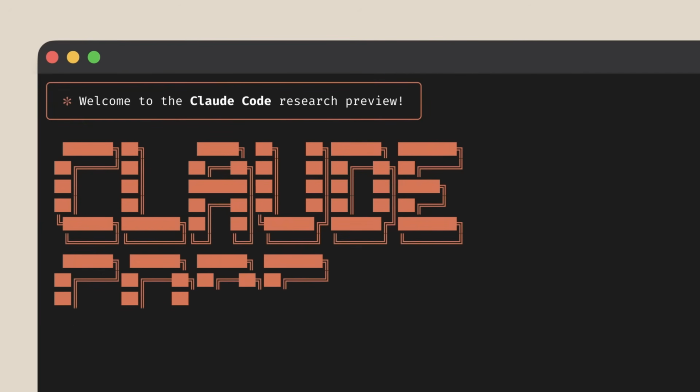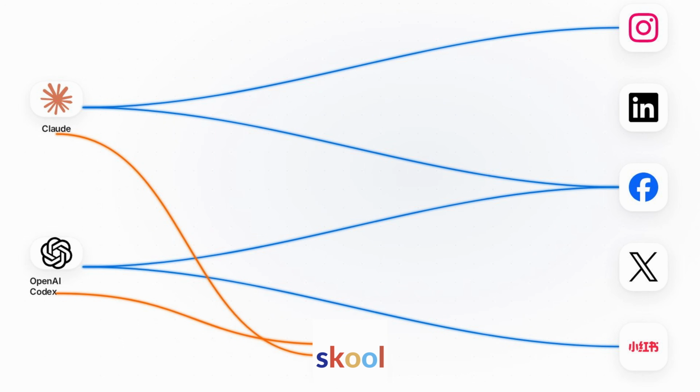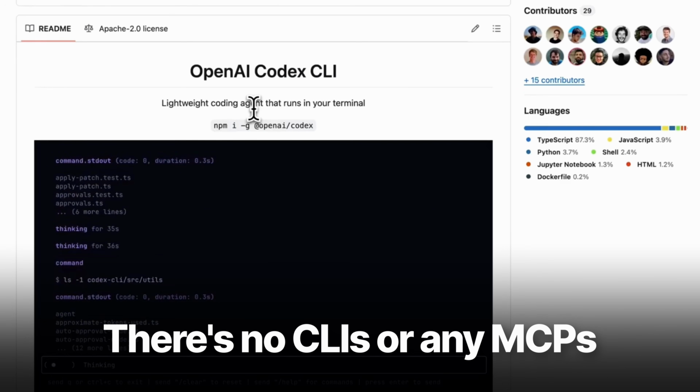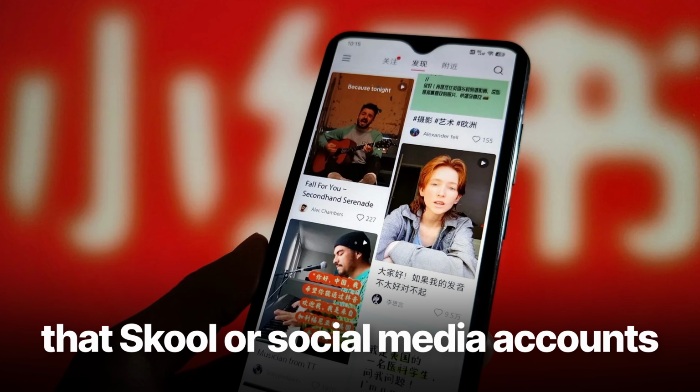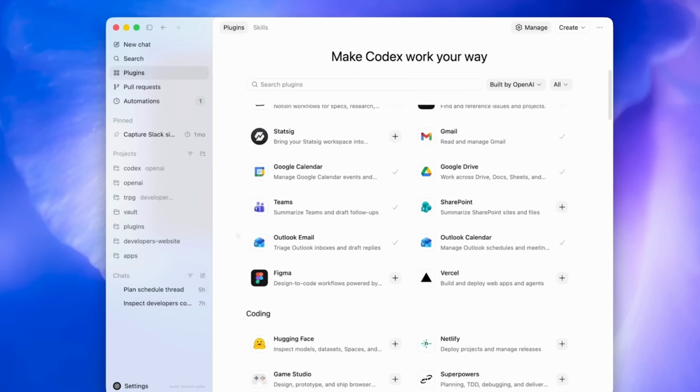Imagine if we can give Claude Code or Codex the ability to take over our social media accounts to network on our behalf, or even better, to query data or perform some actions on our Skool communities. But keep in mind that there are no CLIs or MCPs that Skool or social media accounts like Rednote actually offer. And what I'm going to show you in this video is a tool